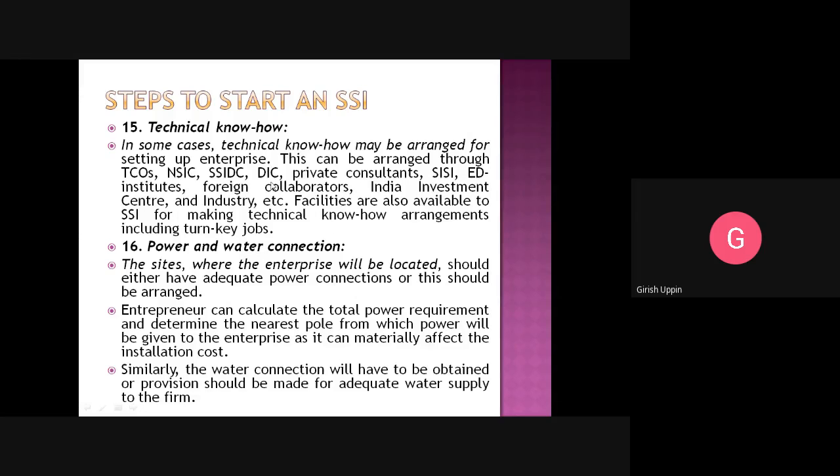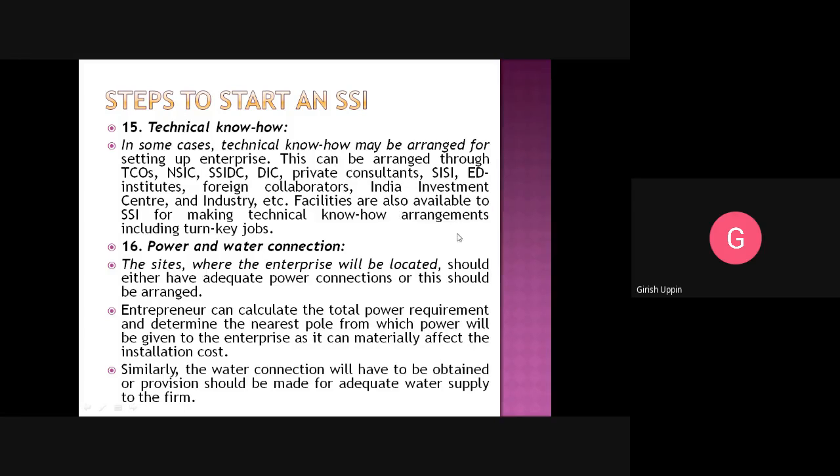Whatever the requirement is, they can approach the DIC. DIC will act as a single window which will connect you with the right kind of people who can help with technical know-how. So you can approach the private industries, consultants, whoever has that technology.